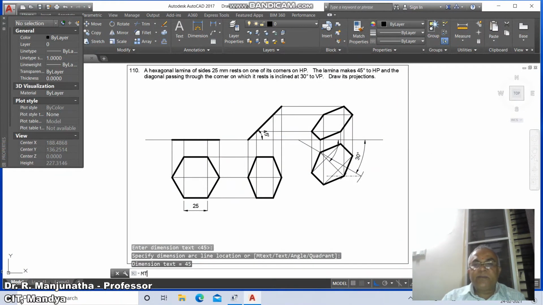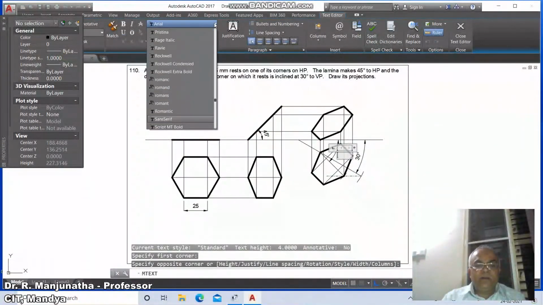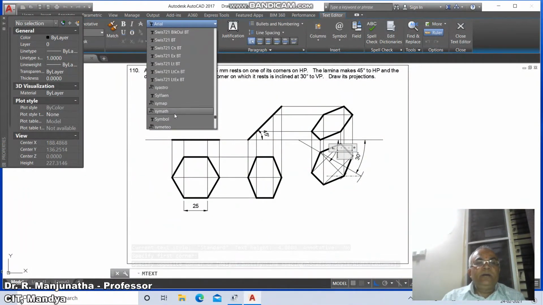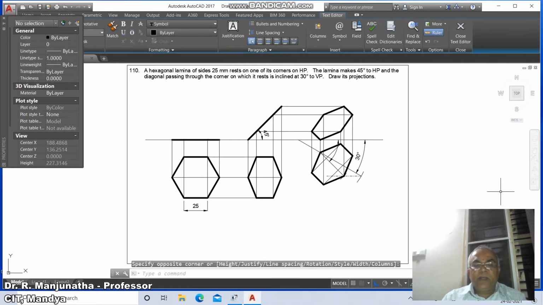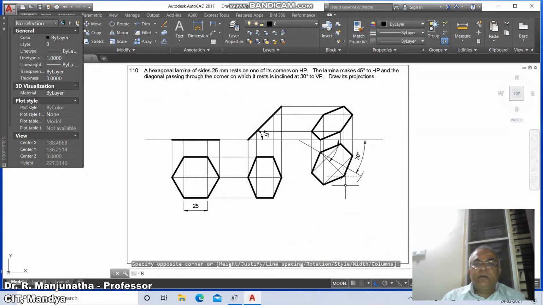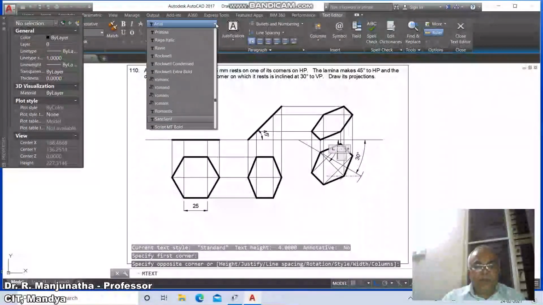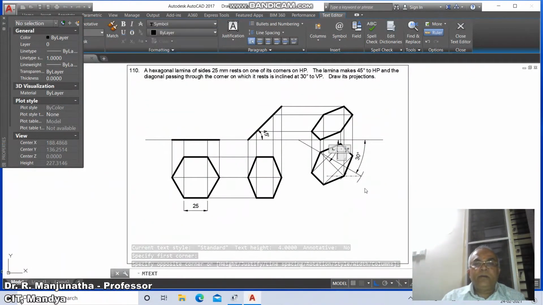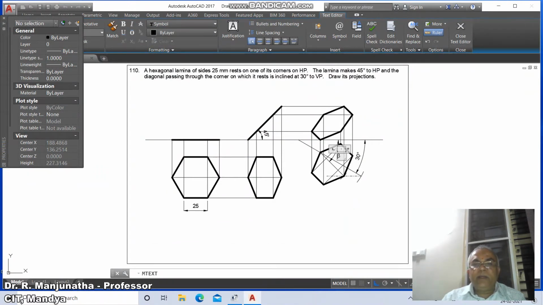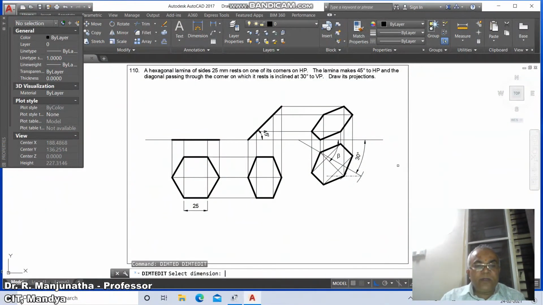Then go to M text, select this window and then go to symbol, then switch off the caps lock and type small b, and here go to M text, select this and go to symbol and type small b and press enter. Now this is how you will be able to get this. Then go to dim TED, select this line and take this as 30 degree line.